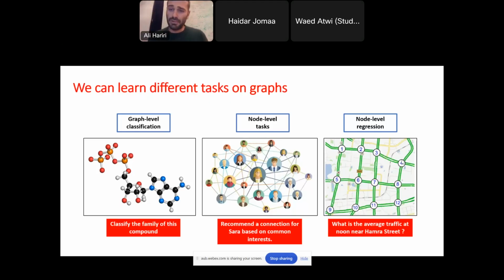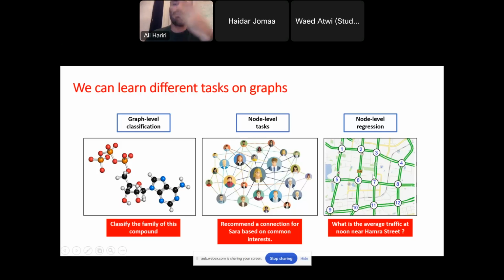And the final example is to see traffic networks as graphs. So in this case, intersections would be nodes, and the highways in between would be the edges. So can we use this data to predict the speed of cars at a daily level, or what should be the speed limit at a certain place? These are different types of problems we can benefit from graph learning.